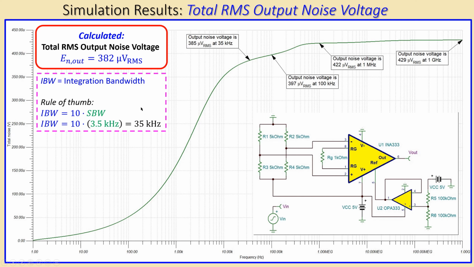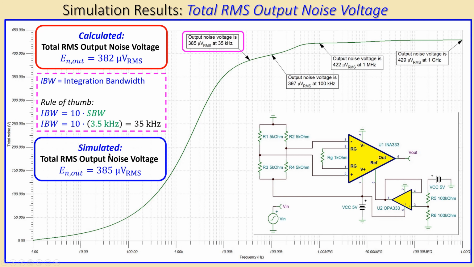If you look at this frequency, what the noise voltage is, the RMS noise voltage at the output, that is shown here. That will be 385 microvolts RMS. And that's very close to what we have calculated. So if you now just look at the simulation, you can see these two are approximately the same. But if you, of course, look all the way to the frequency at 1 gigahertz, this difference, 429 microvolts RMS, is of course a little bit large, but